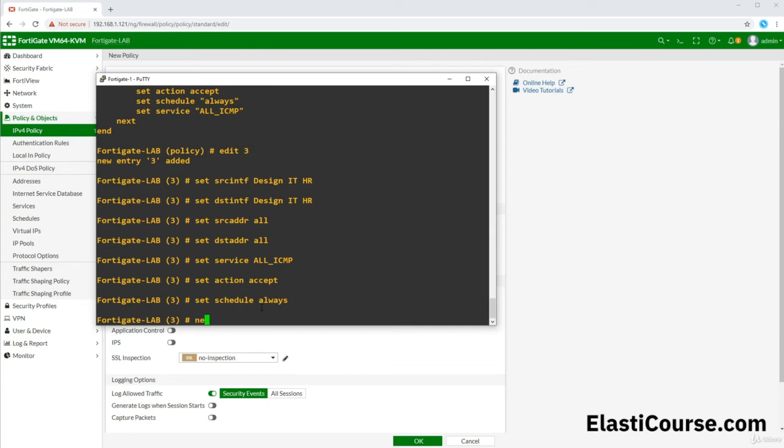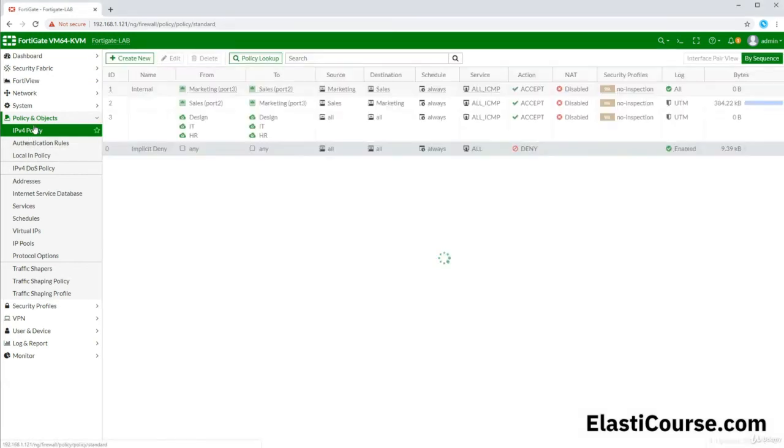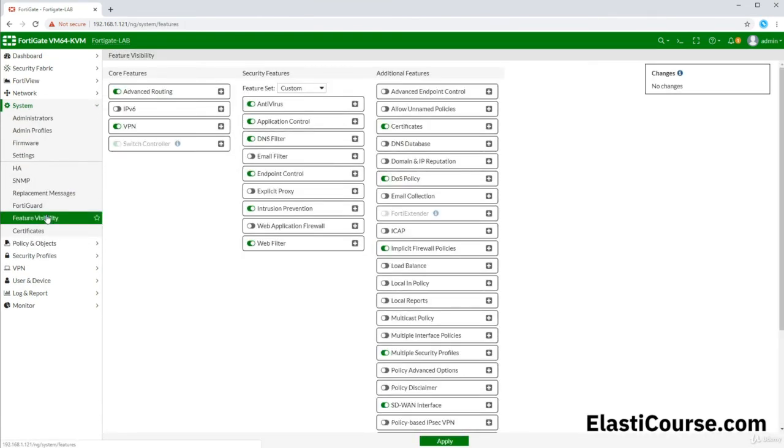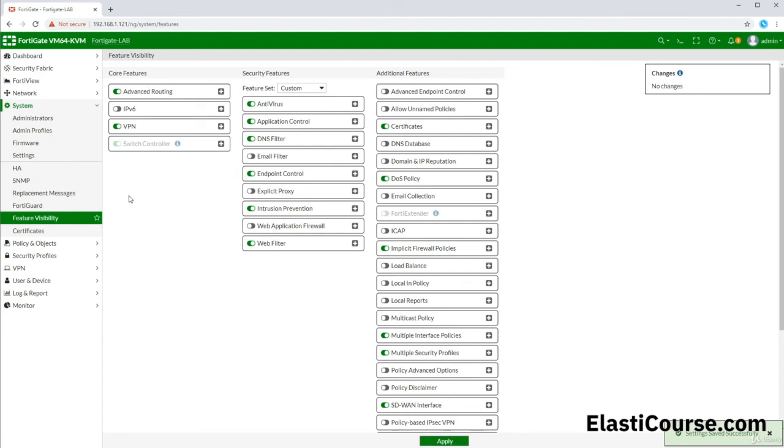And then we can click next. If it didn't give me any error, that means it was able to successfully save it. If I go back into policy, I can see I have different interfaces in the same policy from the CLI. This can also be enabled in the GUI using System, Feature Visibility, and then choosing Allow Multiple Interface Policy from here. This way it will give you a check mark that allows you to build policies with multiple